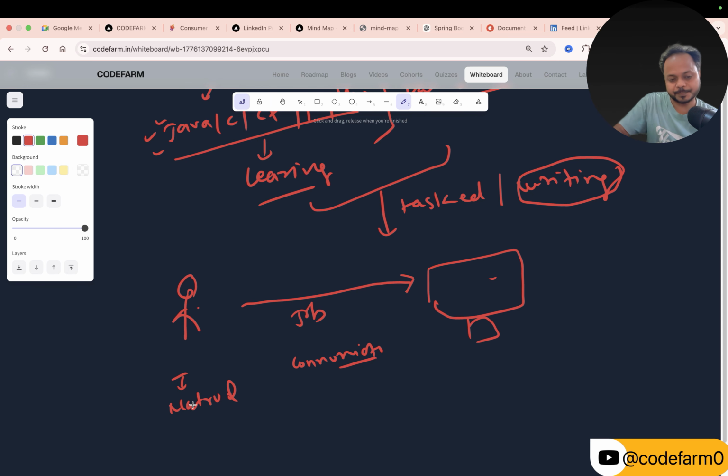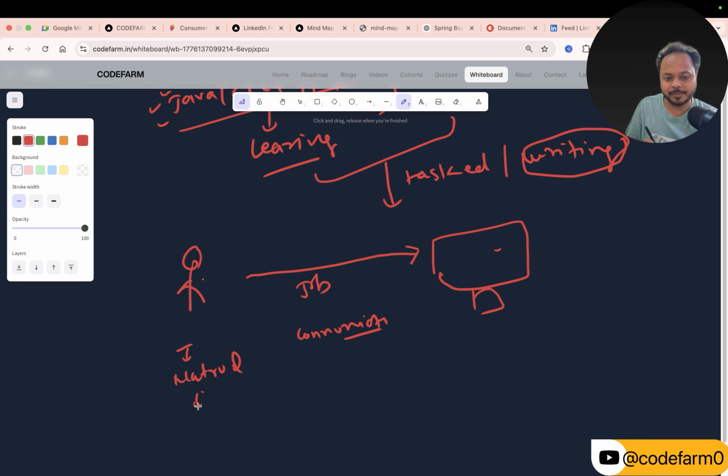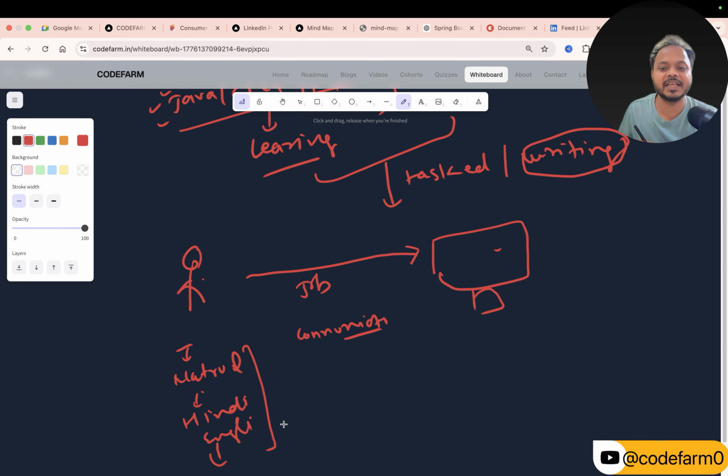As humans, we have natural languages. Natural languages can be Hindi, I know that one, English, or any other local language that we speak. But the computers do not understand those natural languages. They understand the language of 1s and 0s, the language of binary code only. So it's very hard to learn binary code, right? That is where an abstraction over this was built.